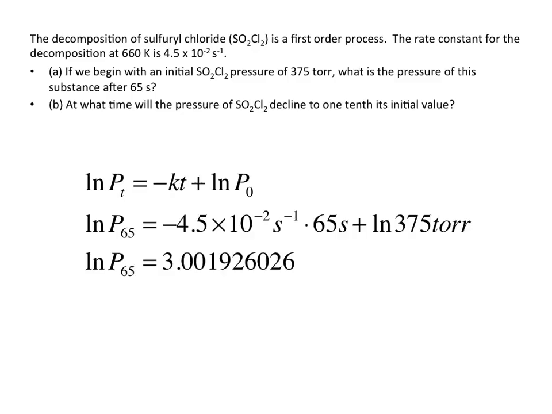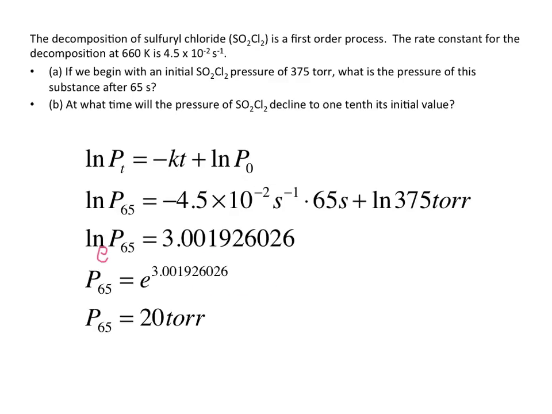Let's substitute into our integrated rate law equation the information we know. We know our rate constant, K. We know our time, 65 seconds. And we know our initial pressure, 375 torr. So if we plug and chug, the natural log of our pressure after 65 seconds is going to equal